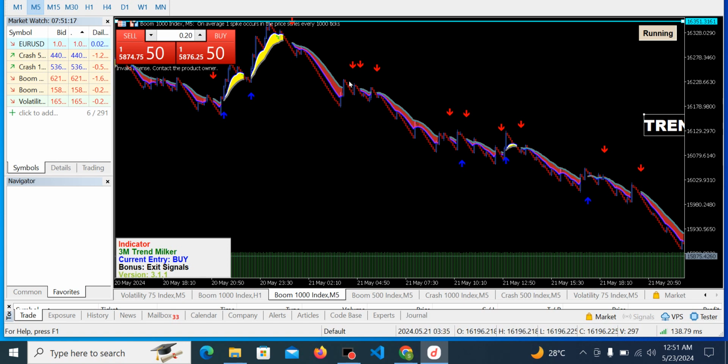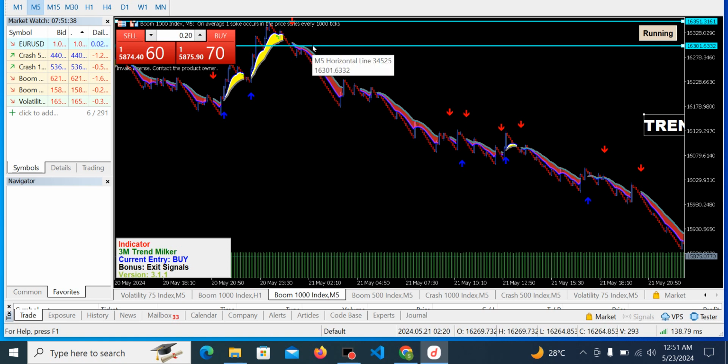You can see that is the beauty of the indicator. That is why we are having this red colored flag. We also have some red arrows around here, which signify that the market is giving us a sell signal at that particular point. So right here we got a red colored flag and a red arrow, which means that we should place an order around there. If we go ahead and place an order there, this will give us more opportunity to milk the market right from the beginning of the trend.